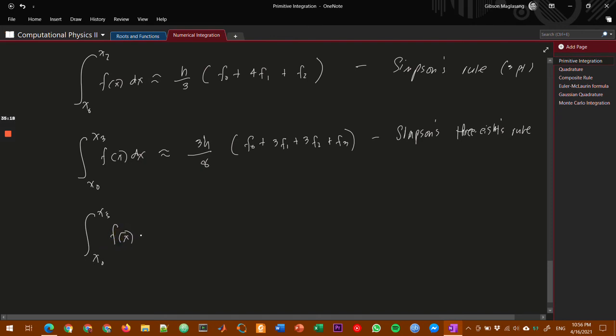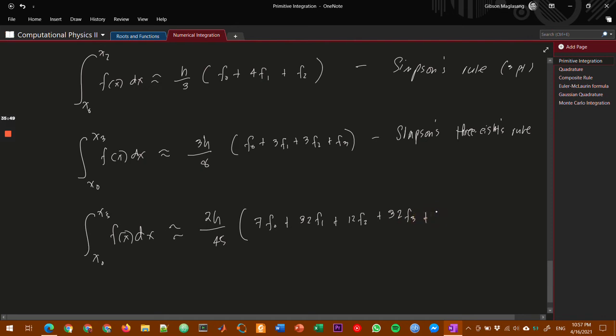It's in approximating the integral. So for 5 point na evaluation sa mong points sa mong integration, you have 2h over 45. So this is 7 f naught plus 32 f1 plus 12 f2 plus 32 f3